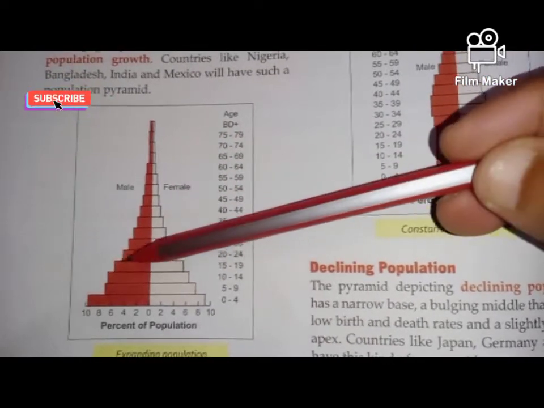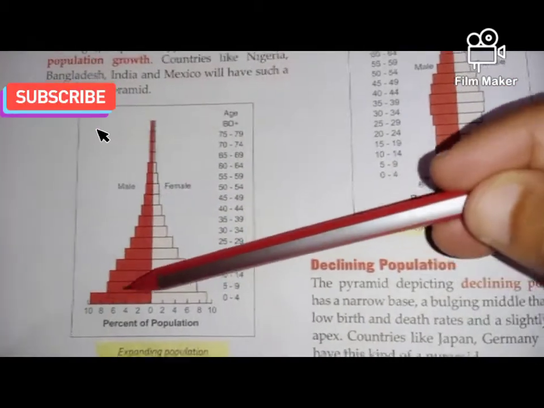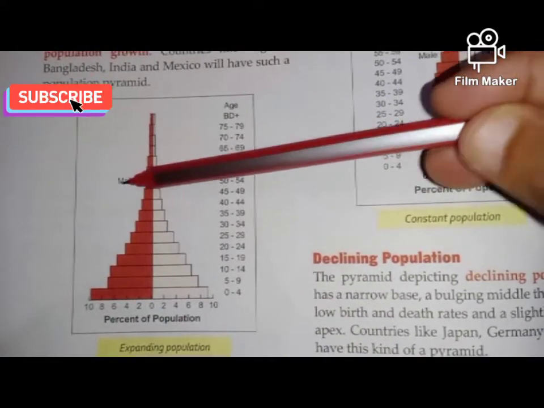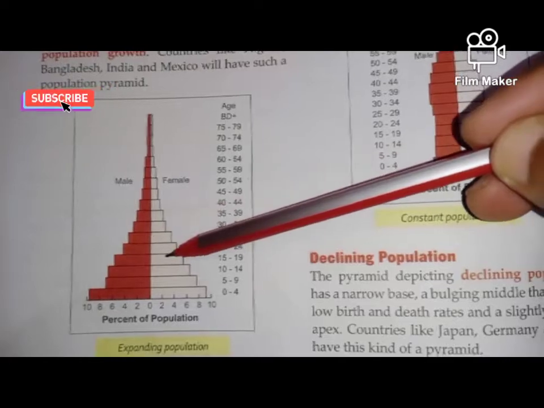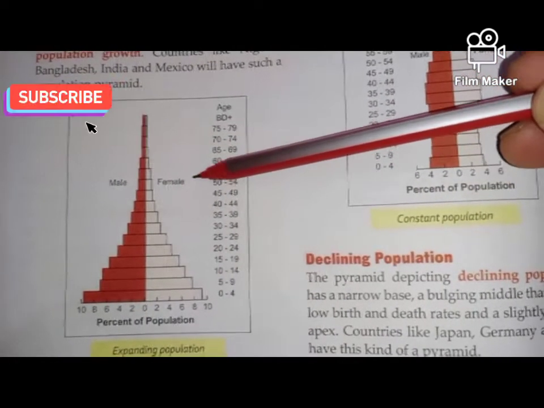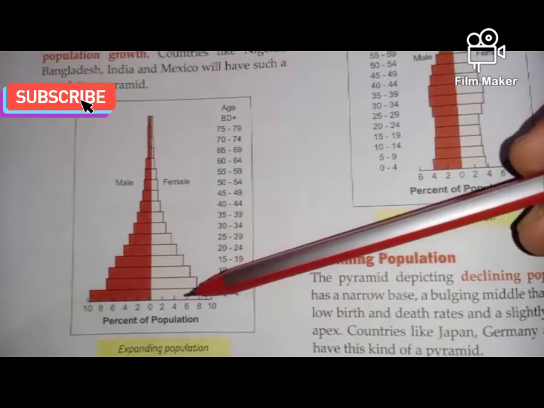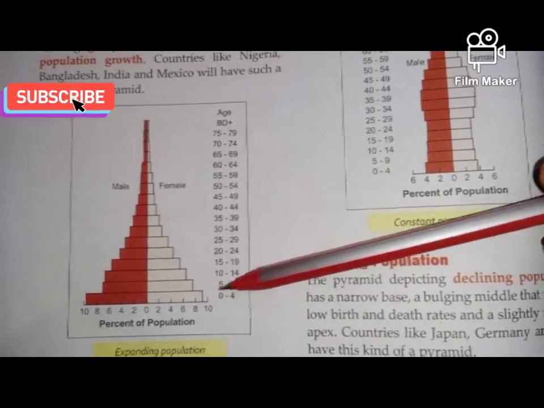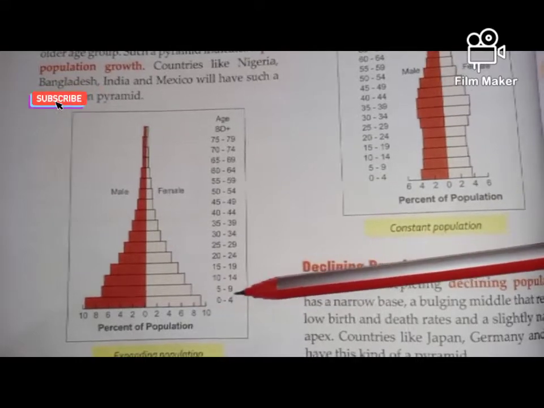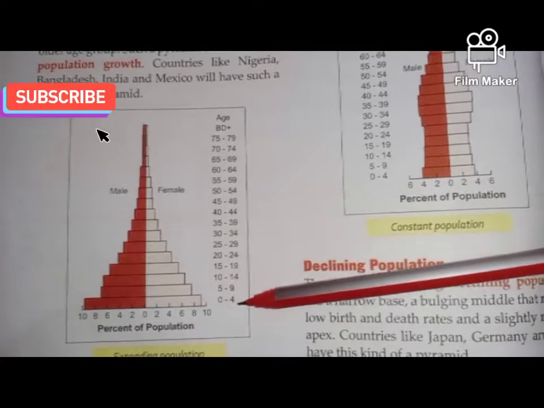Here there are two types of markings. The left sides of the bars represent the male population, and the right side of the bars represents the female population in the particular age group. And if you look at the base, or the bottom, of this population pyramid, it represents the youngest group of population,